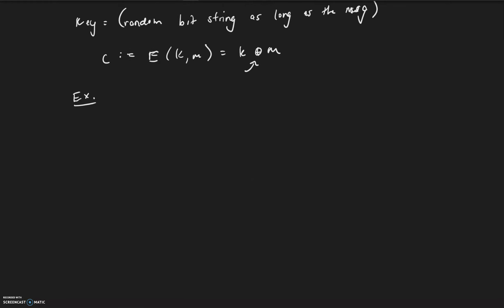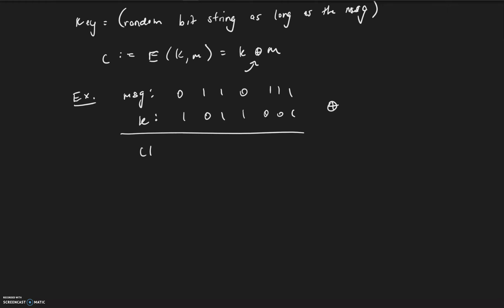Just a quick crash course on addition modulo 2. If we take a message 0 1 1 0 1 1 1 and a particular key K, then to compute the encryption of the message using this key, all you do is compute the XOR of the two strings, the addition modulo 2 bit by bit. So if we have a key 1 0 1 1 0 0 1,